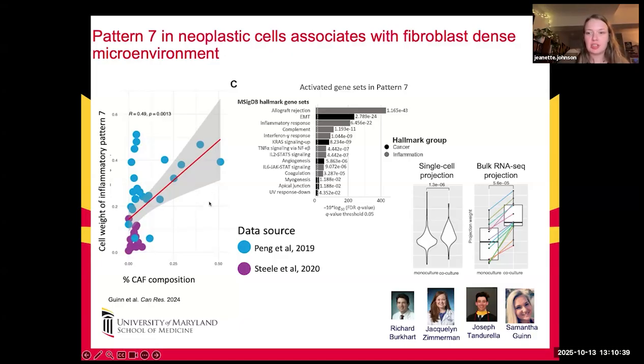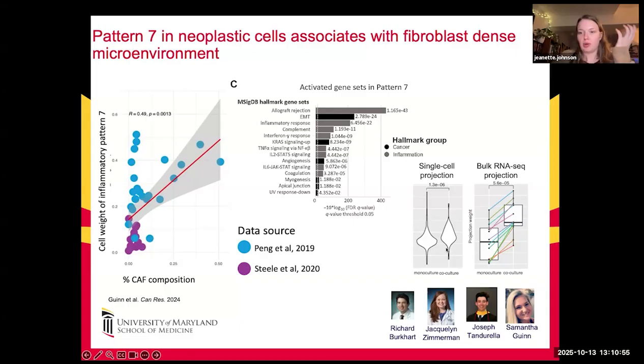So the tissues with the most cancer-associated fibroblasts also had the highest amount of expression of this gene signature,